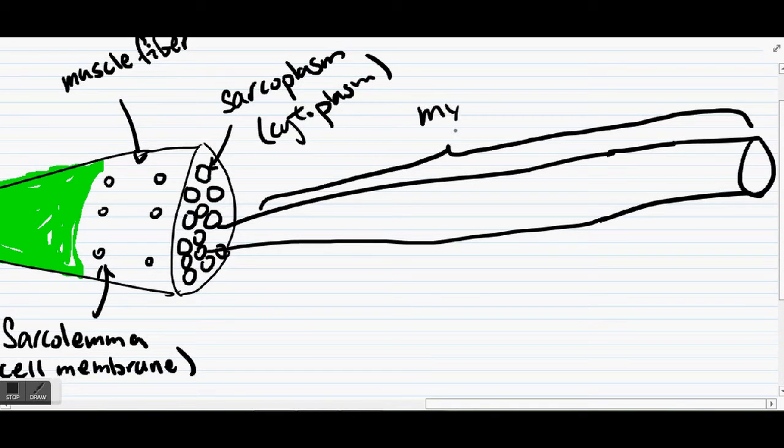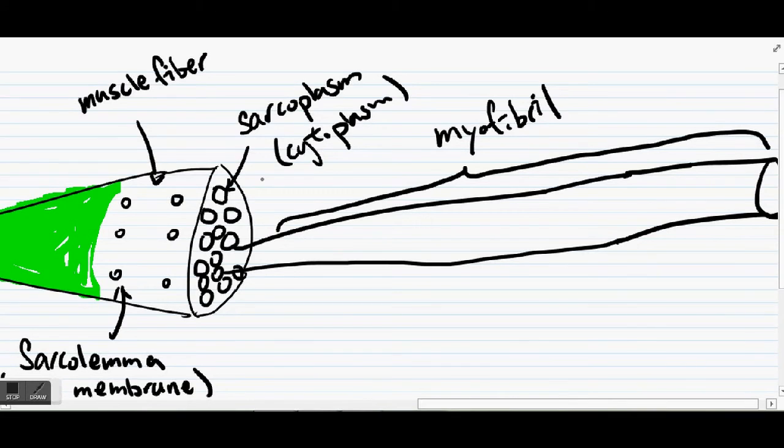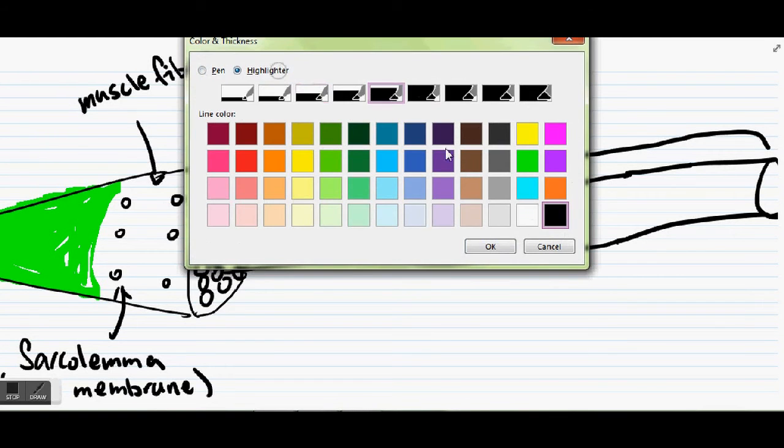Okay, and it's made up of proteins. Each of the myofibrils is going to be responsible for creating contraction that allows your entire muscle to contract in the end. And surrounding each of the myofibrils are these